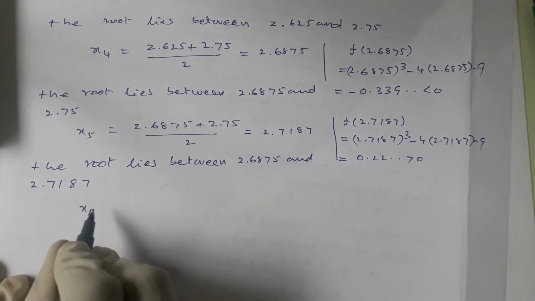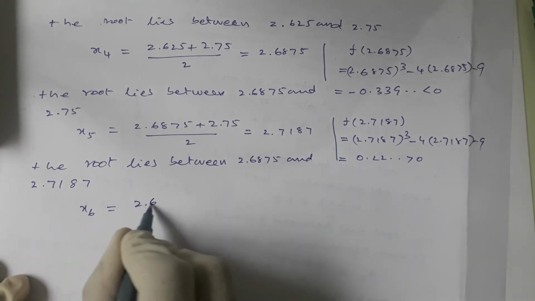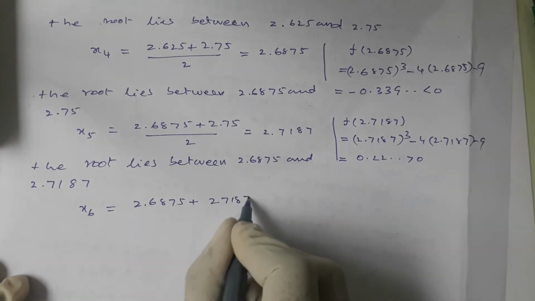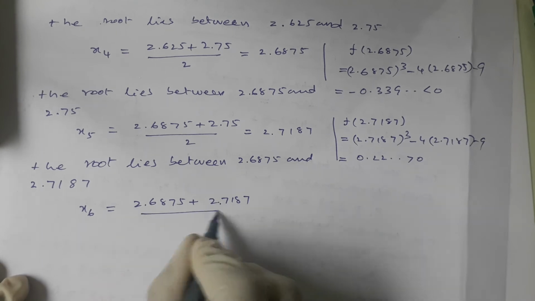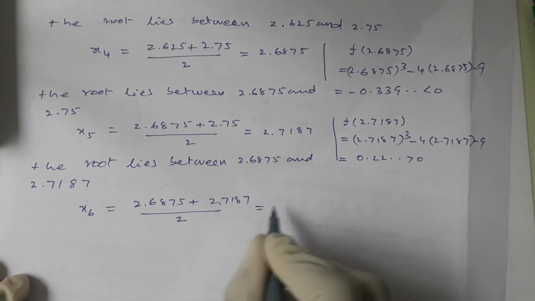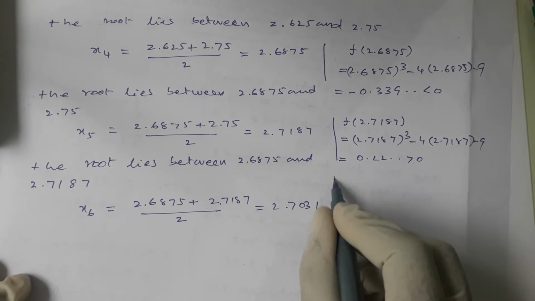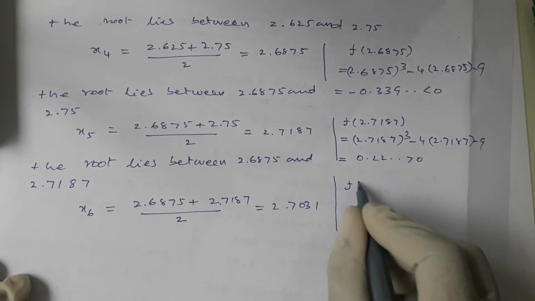So x6 is equal to 2.6875 plus 2.7187 divided by 2 is equal to 2.7031. So that f of